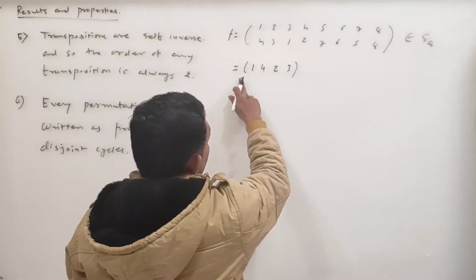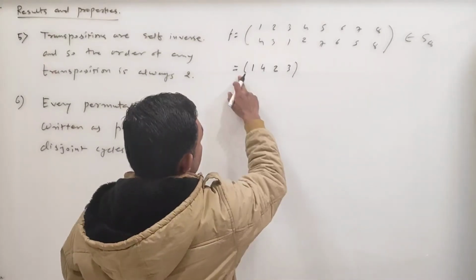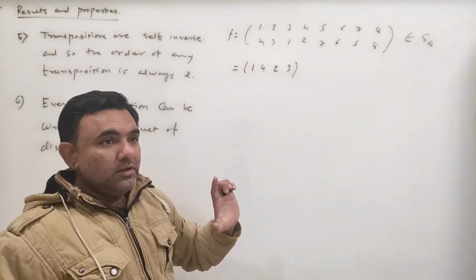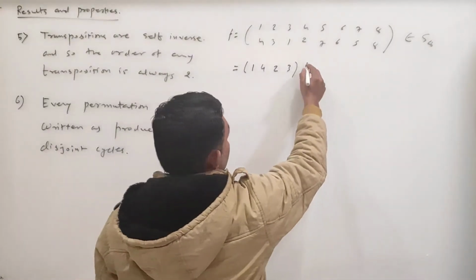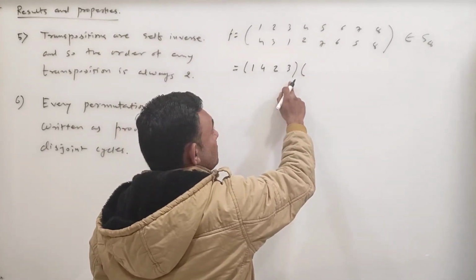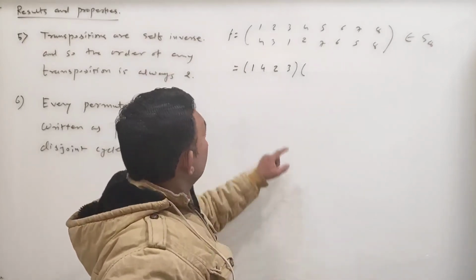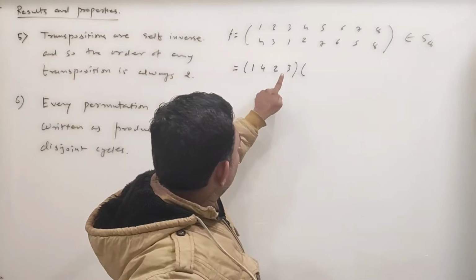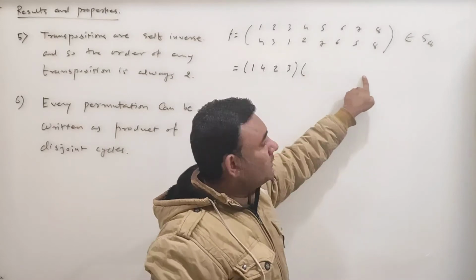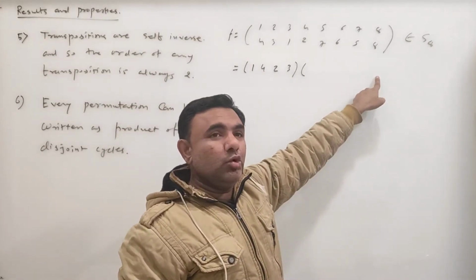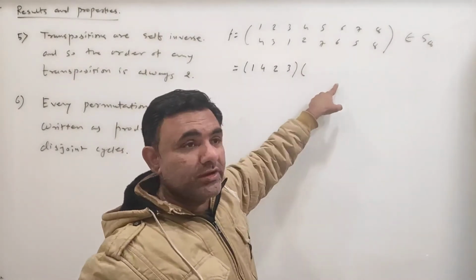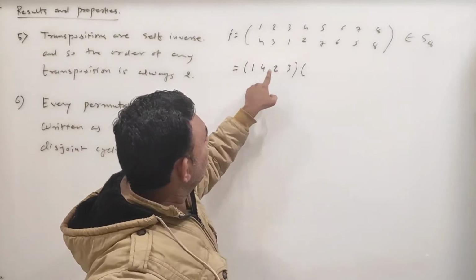Now you consider the object from 1 to 8 which is not present in this cycle. So here we obtained one cycle. So what is the purpose of doing this? We are starting with the object which is not present here. If we start with an object which is not present here, then whatever cycle is produced will not contain any object which is present in the first one. As a result, these two cycles are disjoint. So here 1, 2, 3, 4 are present.